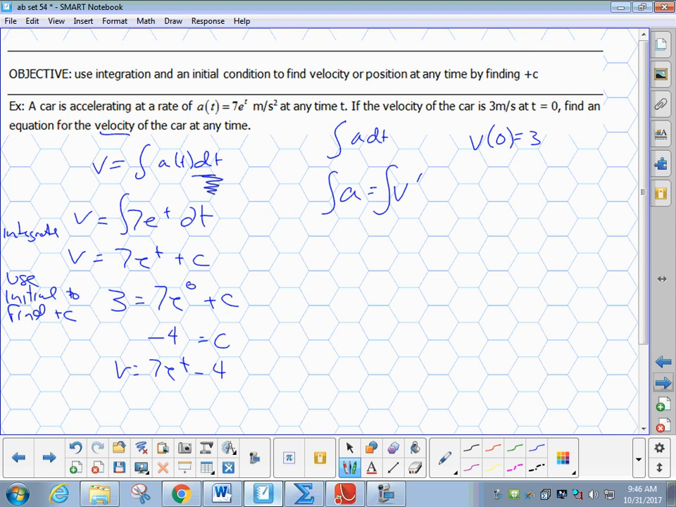Please don't give me any nonsense like the constant is the initial velocity. That is not always true. No, that is sometimes true, definitely not always true. You can see the initial velocity is not negative 4 here. Okay,